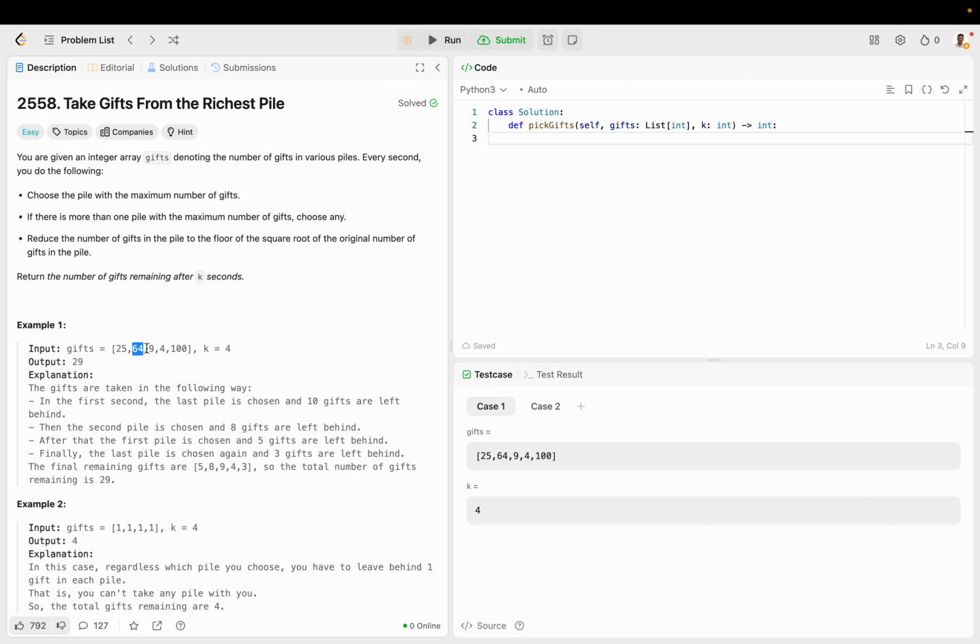So next would be 64. You would replace that with 8. And then 25 will replace with 5, with 3, and with 2 because that's a square root. So let's go ahead and create a sorted list of gifts. And then while k is bigger than 0, because we want to find the number of remaining gifts after k seconds, so we're going to do this k times,